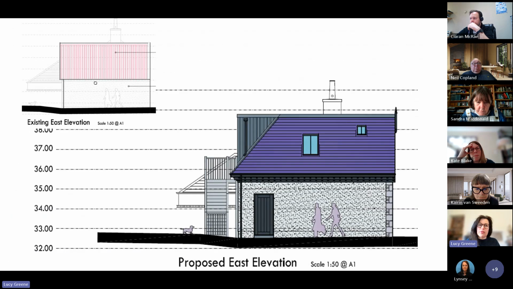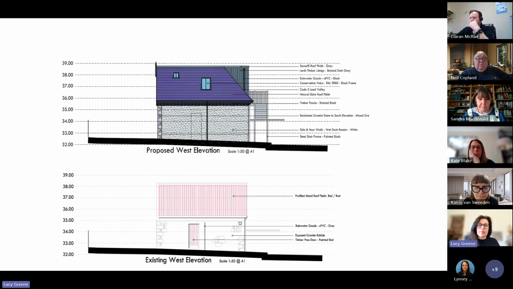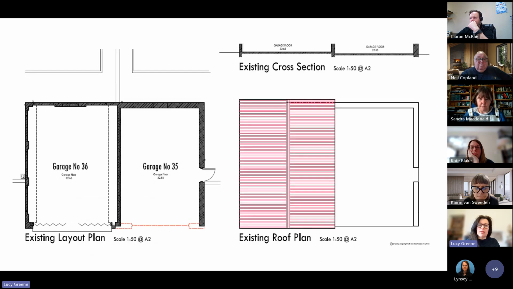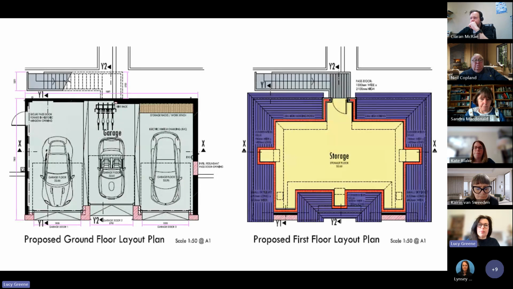And that's shown on the two side elevations. So that's the existing elevation of the garage. You're just seeing a building beyond that. And then, as proposed, the slate roof and the timber clad access to the upper level from the rear. And the other side elevation as proposed and as existing. And that's the existing site plan of the two garages. And then as proposed, the two levels,